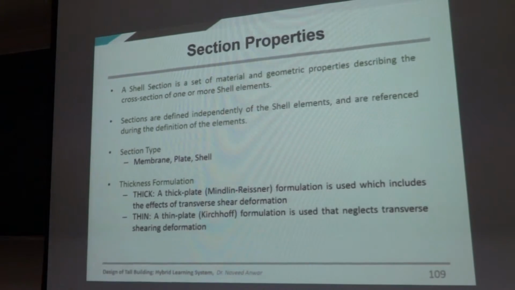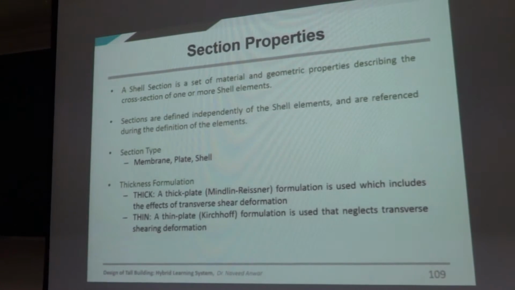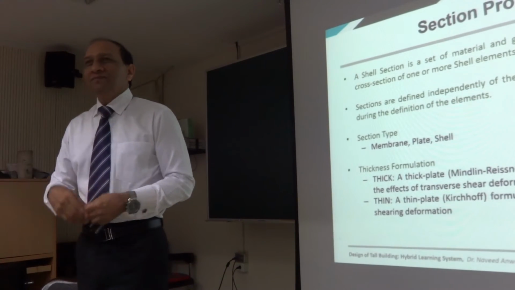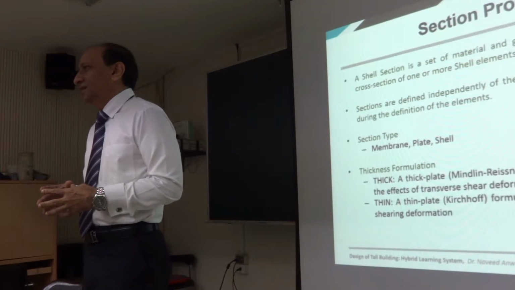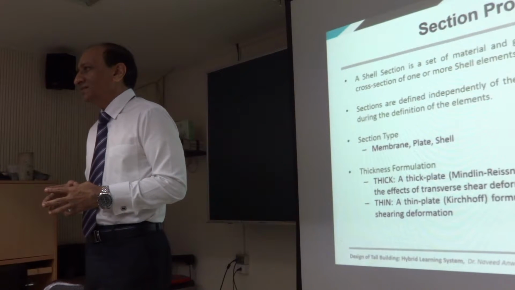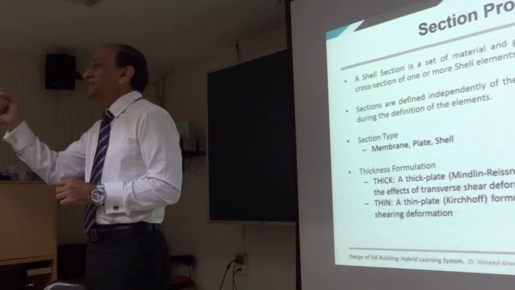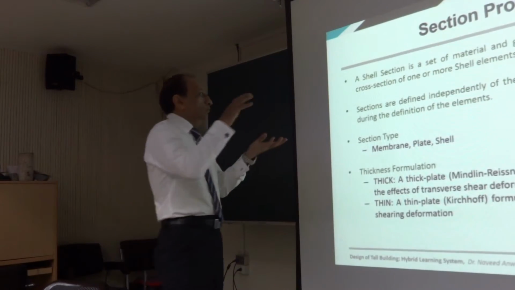Now, what are the section properties we need for a 2D element? What do we need? How many properties we need for line element? 7 degrees of freedom, you need 7 properties, plus moment, plus elastic modulus, 8 properties to define a line element. The element is very simple, but you need 8 properties, or at least 7 if you want to ignore warping, right? Then you go to the